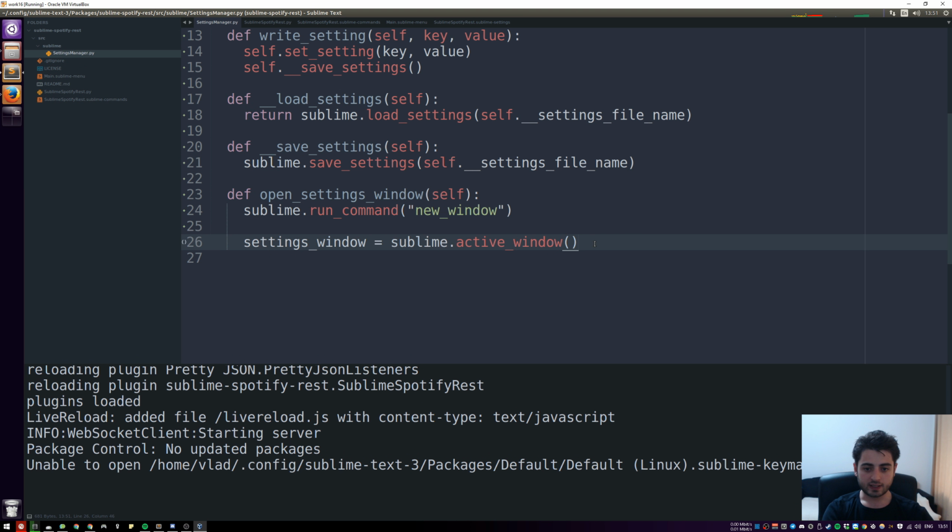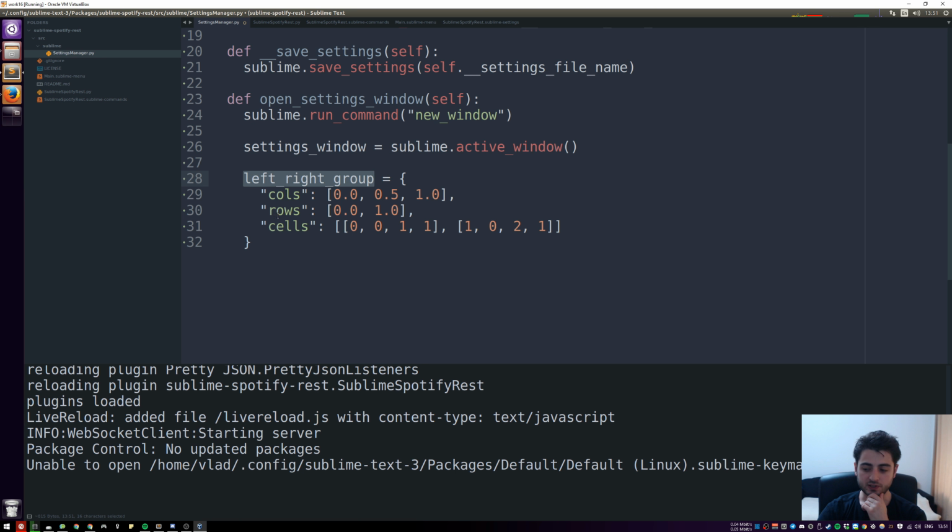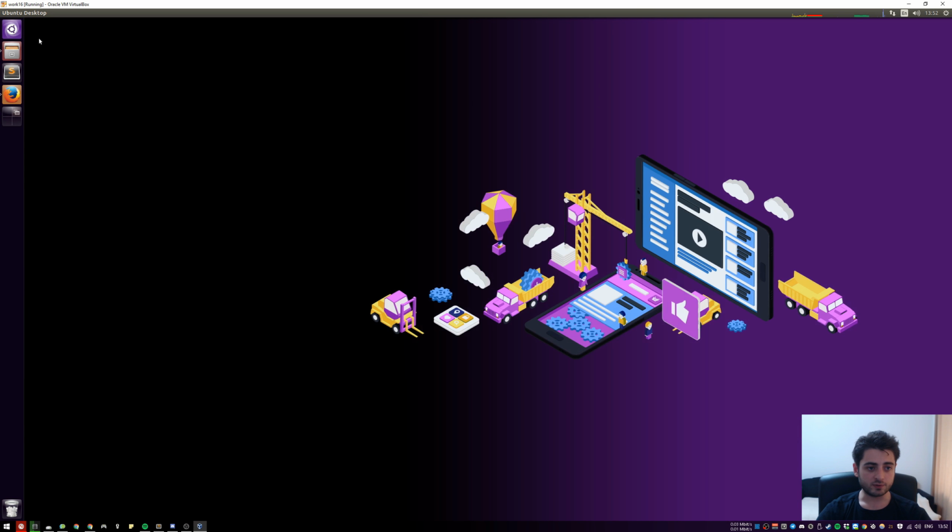So I'm going to copy paste it actually. So it's right here. This is the left-right group, which is basically this JSON looking thing. And now what we're going to do is say settings window set_layout. Remember the command was called set_layout, and it's going to get this left-right group, and we're going to say that the left group is focused by default. And let's try that. We need to restart Sublime, unfortunately,